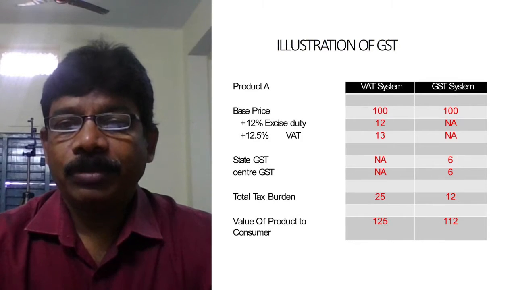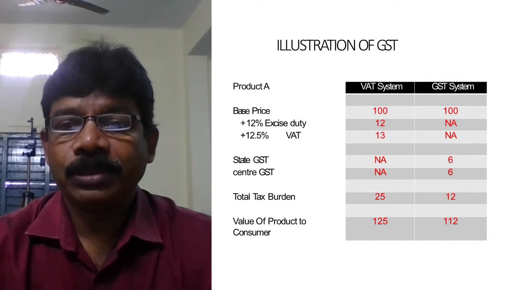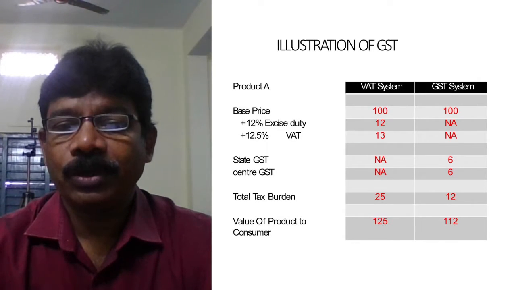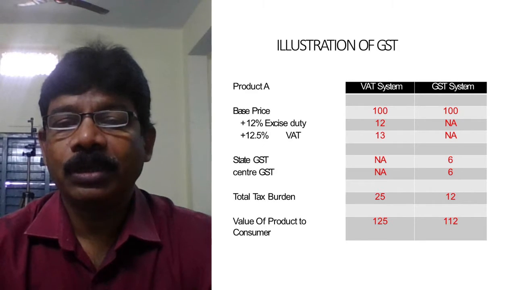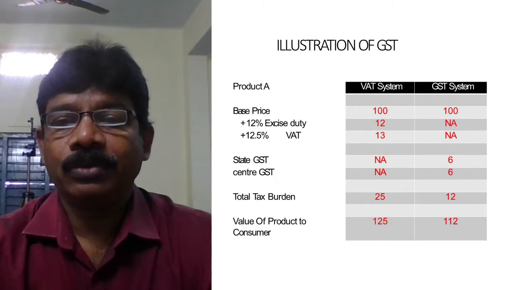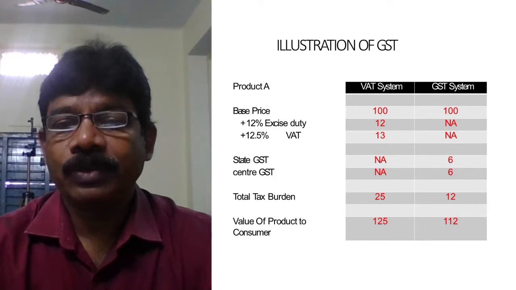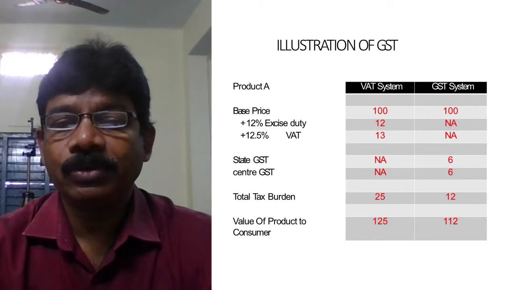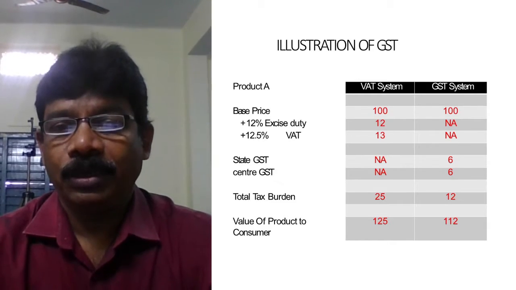So just imagine how beneficial this GST is. If goods were available at 125 rupees, and the cost is 100 rupees, a 25 rupee burden is tax. The tax burden is on the consumer. In the case of GST, only a 12 rupee burden. Goods are available at a lower rate, and tax payable to the government is at a lower rate. Less tax is payable, and that's why consumption may increase. Government is assuming that if goods prices decrease, consumption may increase.